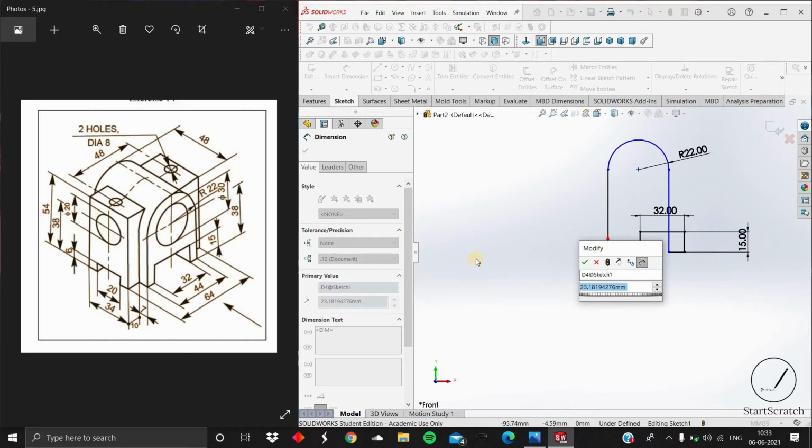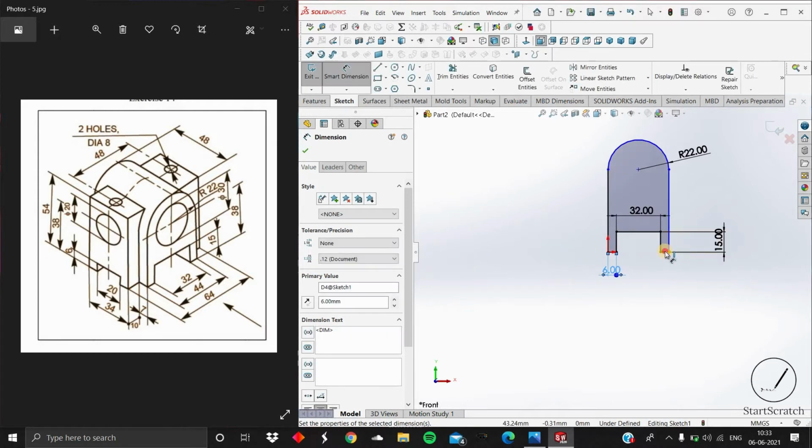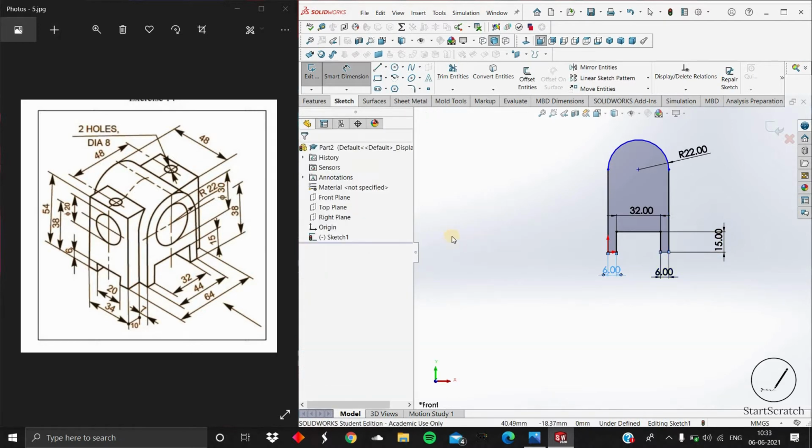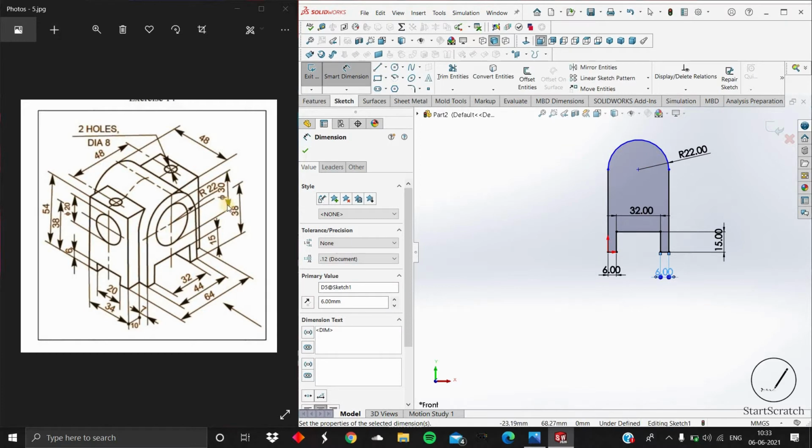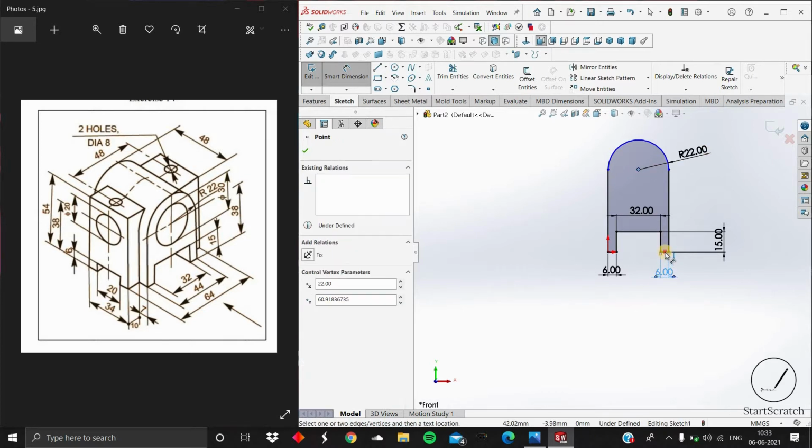Then 12 mm, so 6 mm on both sides. The length to the center point is 38 mm from the base.